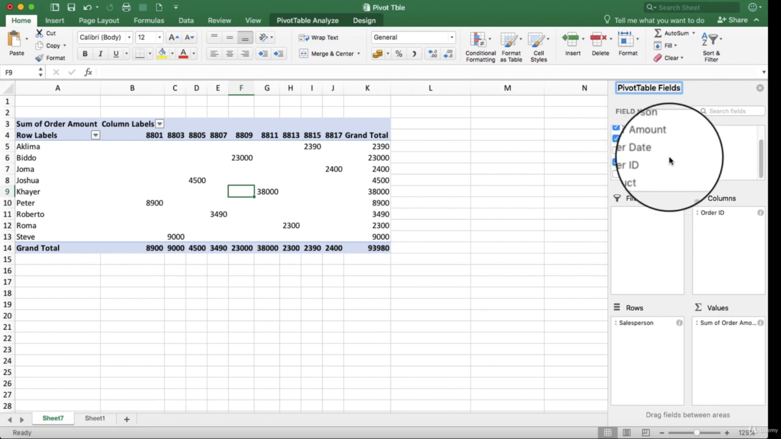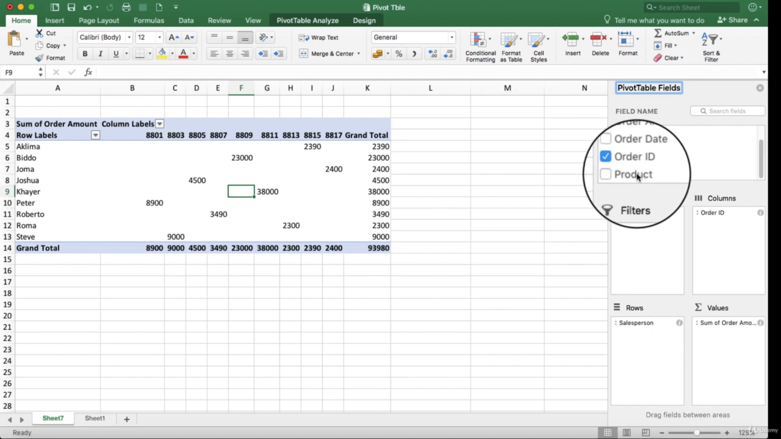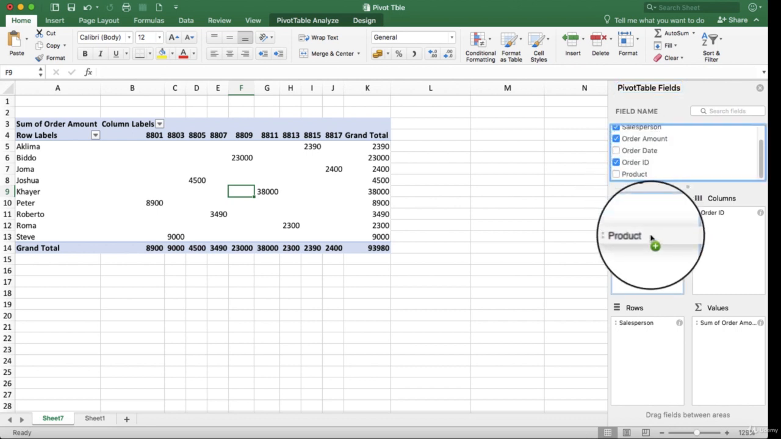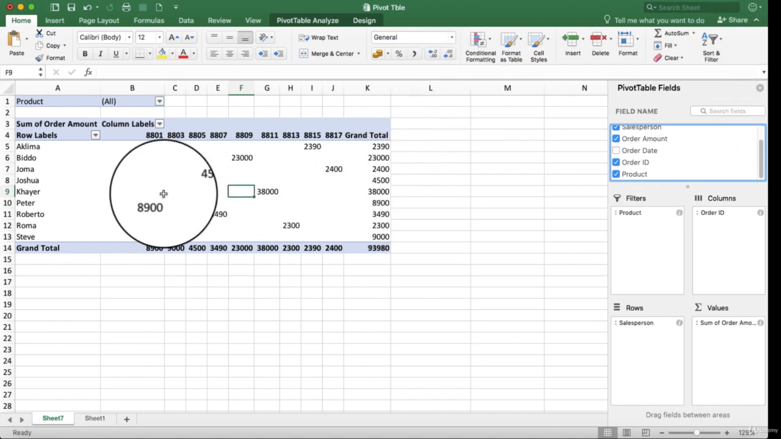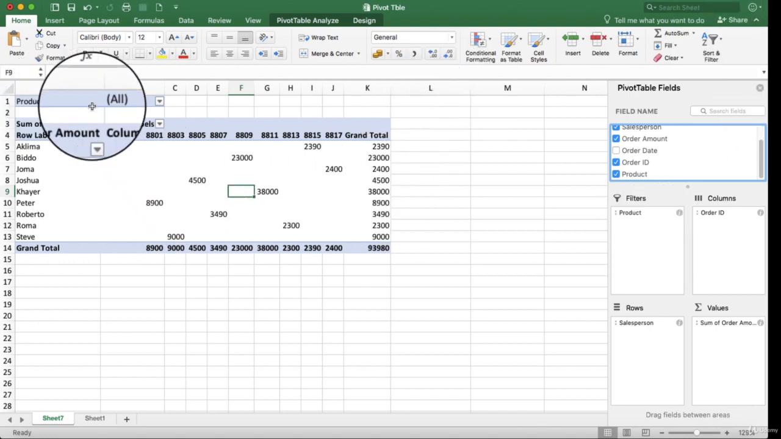the product in detail, so we want to filter the product so that we can know which product was sold by which person. So to collect specific data about the product, we will drag the product onto the filter option. So in the upper left corner of the